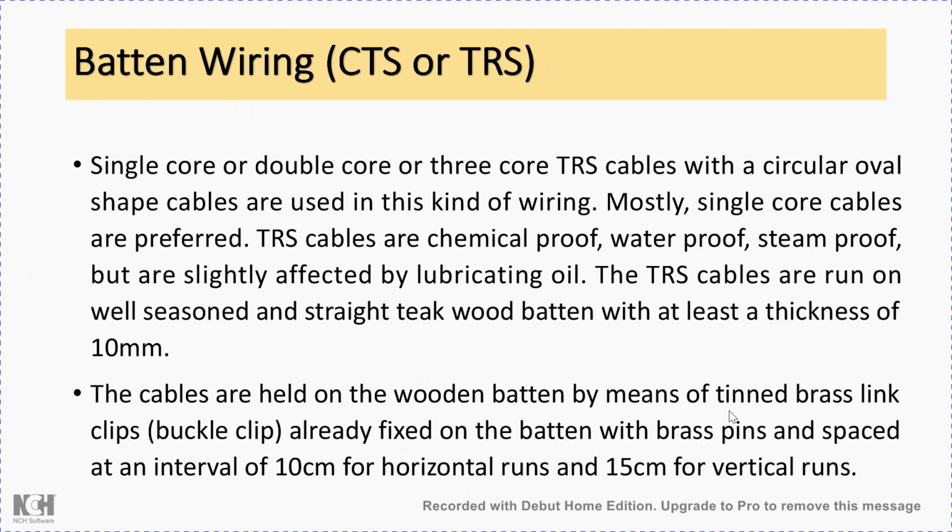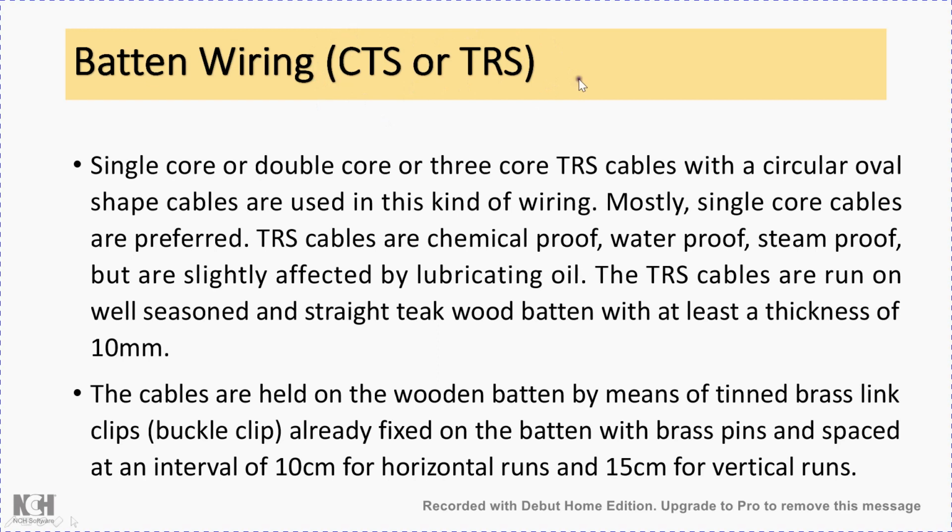Okay, then there is another type of wiring system which is batten wiring, which is also with the help of CTS or TRS type of wires or cables. Now CTS is nothing but cab tire sheeted, then TRS is nothing but tough rubber sheeted. So cab tire sheeted or tough rubber sheeted type of wires or cables are used. Basically this covering will act as a protection from the mechanical injuries to the cables and wires. So it is not an insulating material, but it is a protective cover over the conductors, insulated conductors and cables.